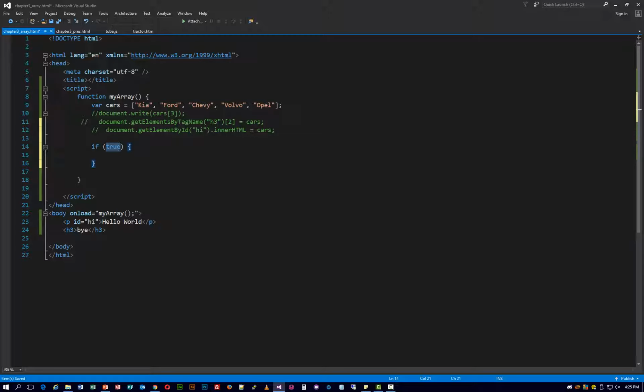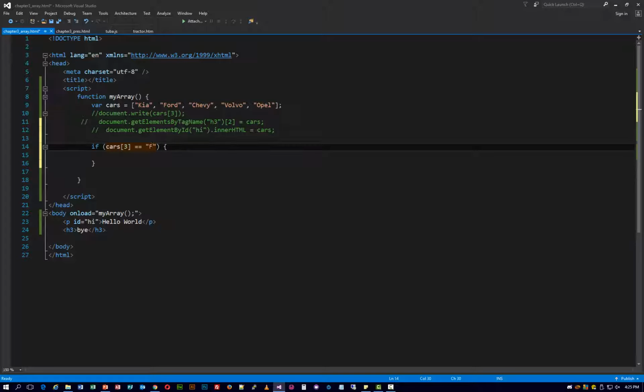So say if car 3, oops, wrong one, 3 equals, let's see, because it is 3 in there, say Ford,